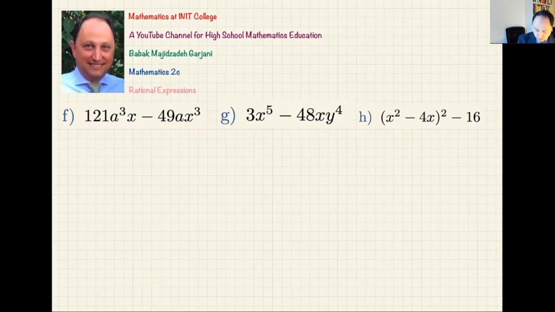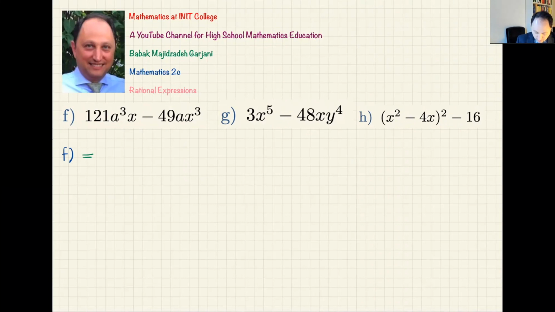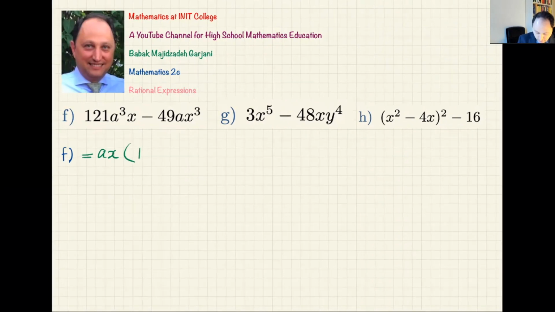So if I want to solve the problem, I would say that factoring is actually the first step that I will do. Okay, can you help me to do that? What should I do? You can pull out ax. Ax, exactly. So I pull out ax, and what is left for me in the first one? It is 121a squared. And what is left for me in the second one? It is 49